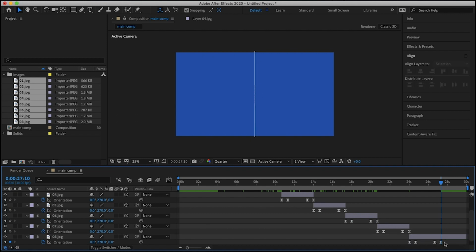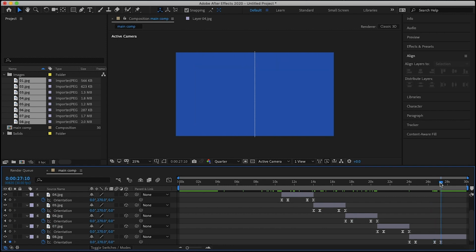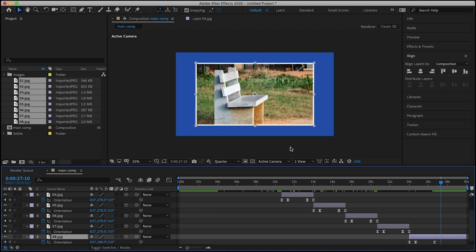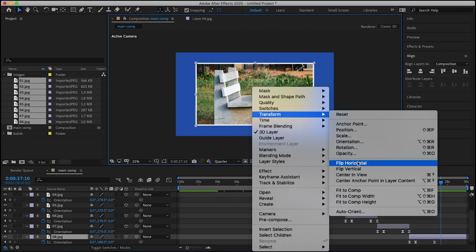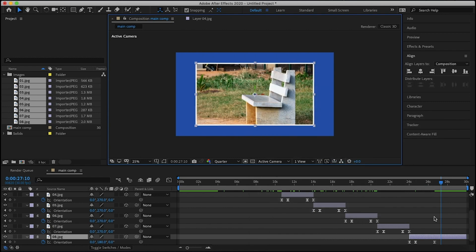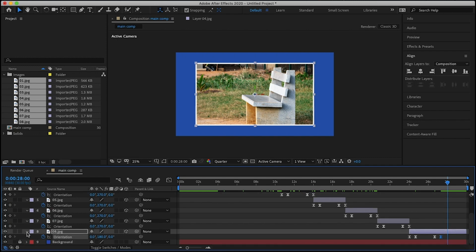And for the last animation we don't need to give the rotation animation. So what we can do is delete this animation and right click, transform, flip horizontal. For this, after this animation happens, we can give the same keyframe over here, and after 10 seconds or 20 seconds we can go back to our